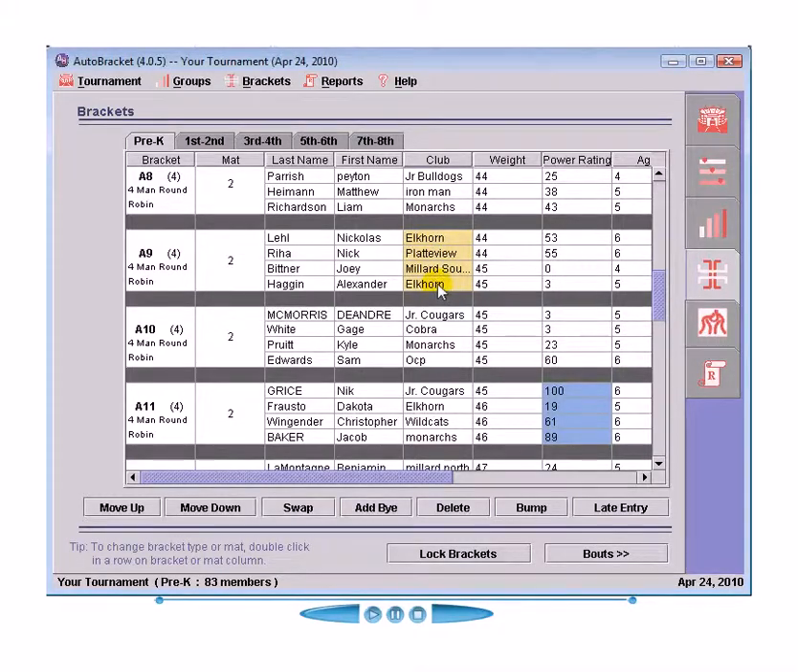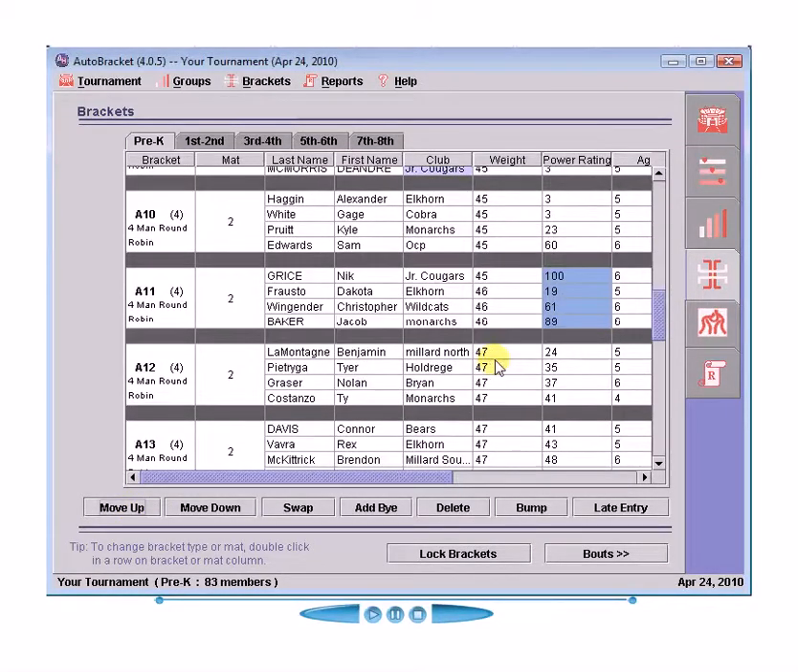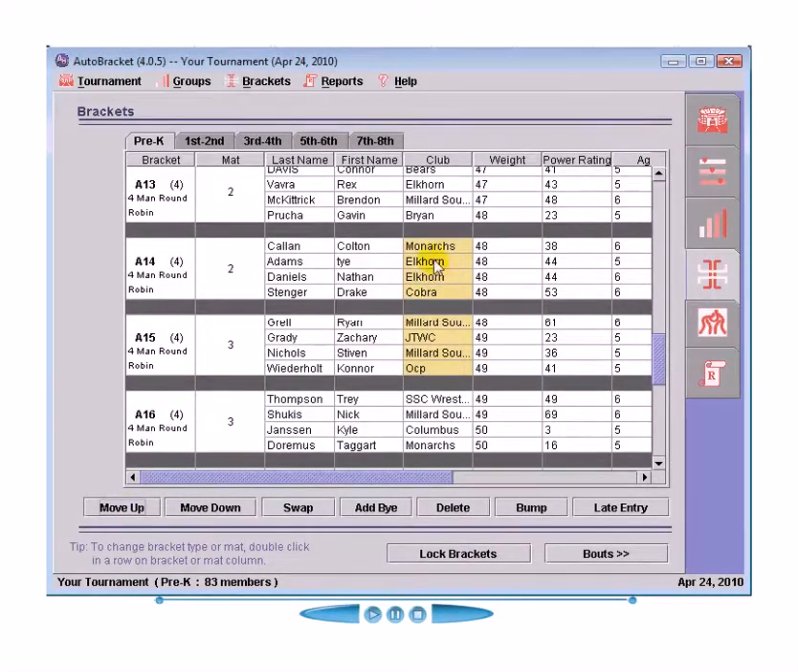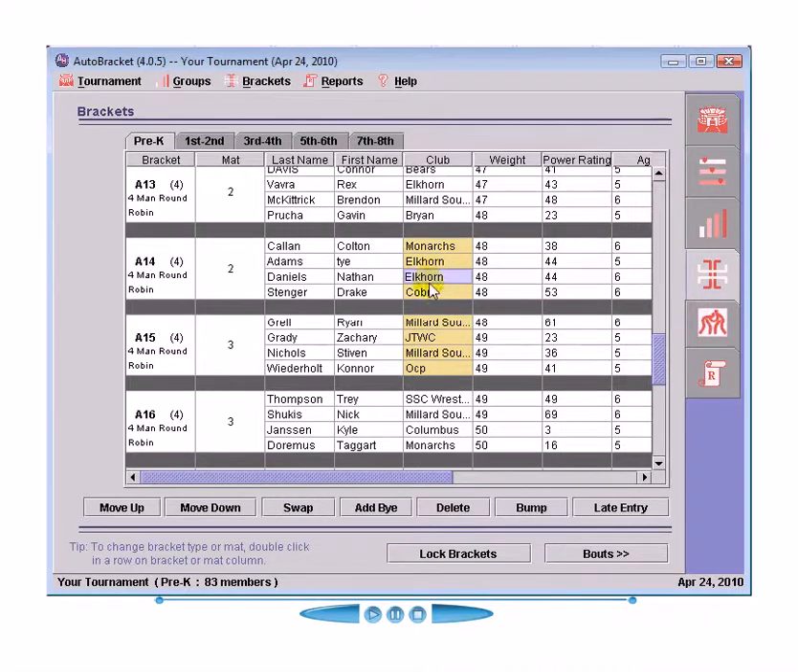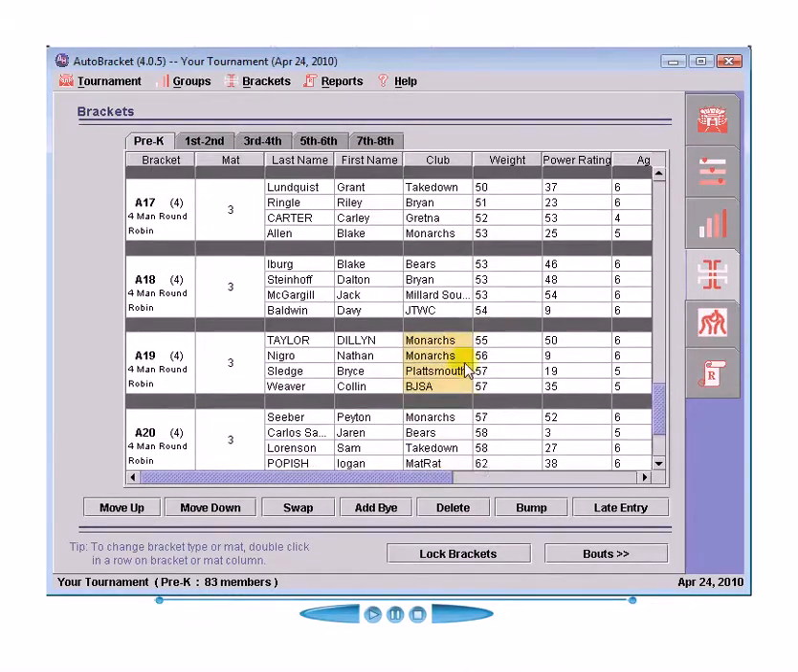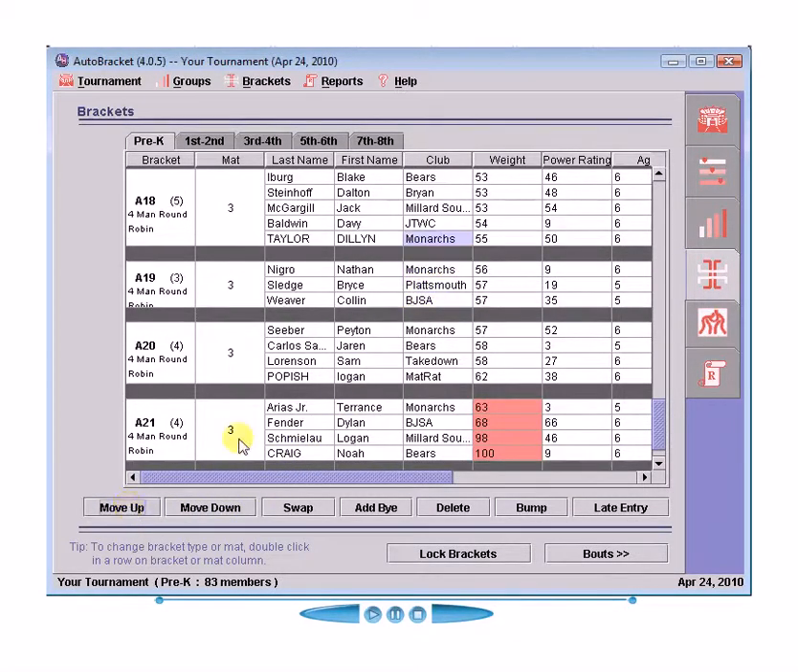Here again I have 2 Elkhorn wrestlers. I'll move one down, bring the Junior Cougars wrestler up. Again, 2 Elkhorn wrestlers and 2 Millard South wrestlers. I'll swap, fixing those 2 brackets. Here I will move a Monarchs wrestler up, bring this JTWC wrestler down,